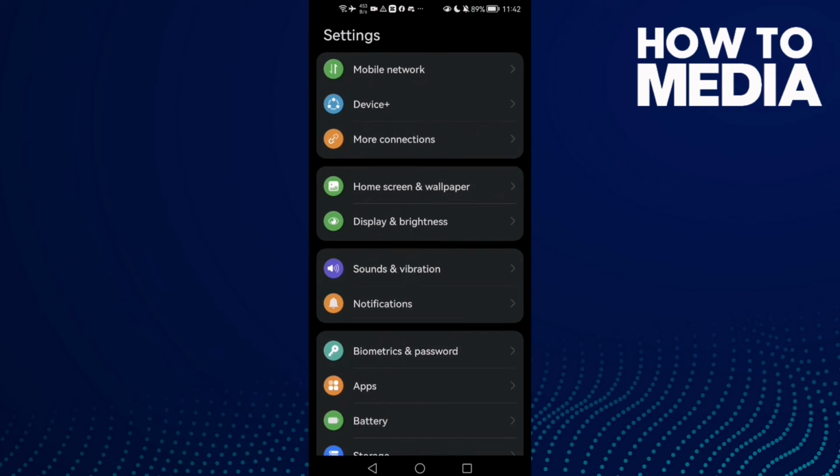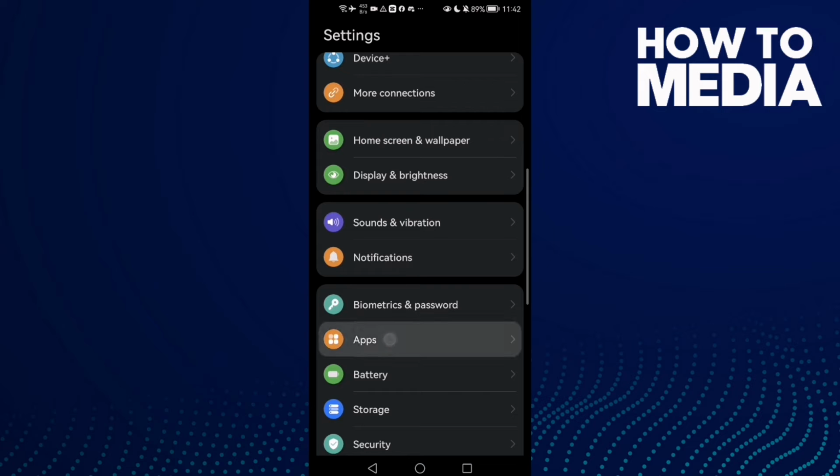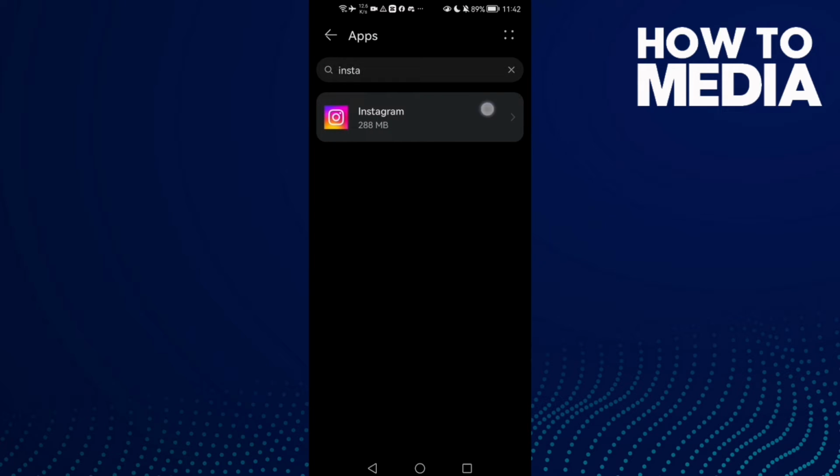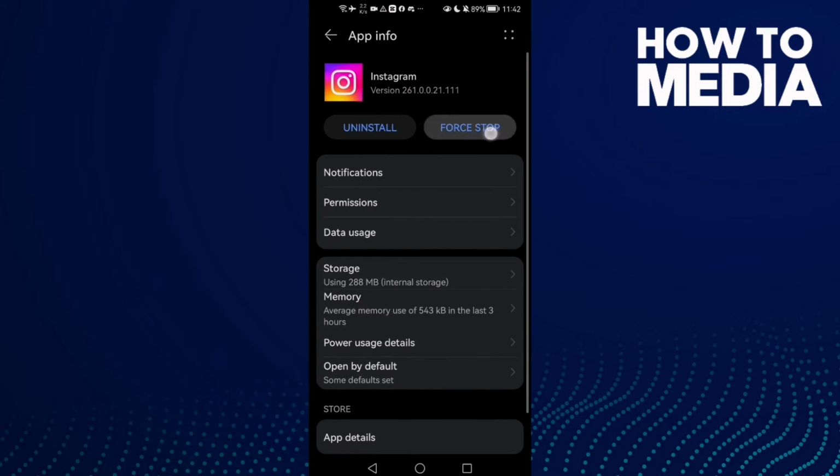just go to settings. If you have an Android phone, go to apps again, type here Instagram and click on it. Now click force stop and go to storage, clear cache, and if that also doesn't fix your problem, now